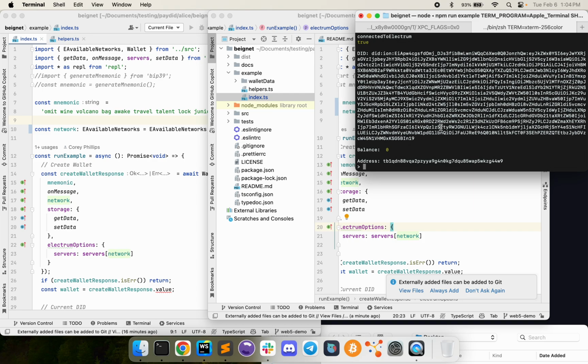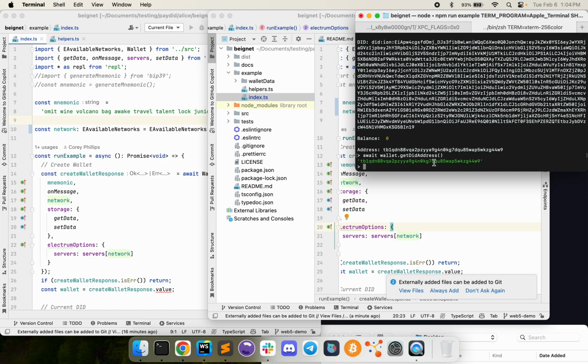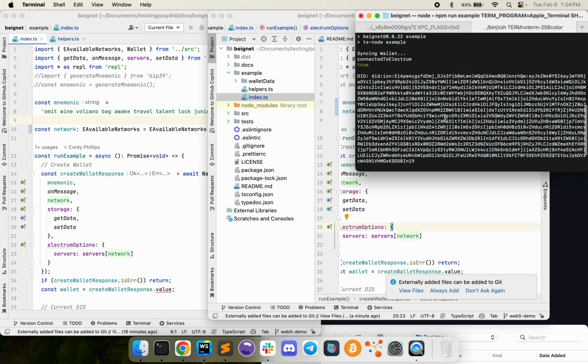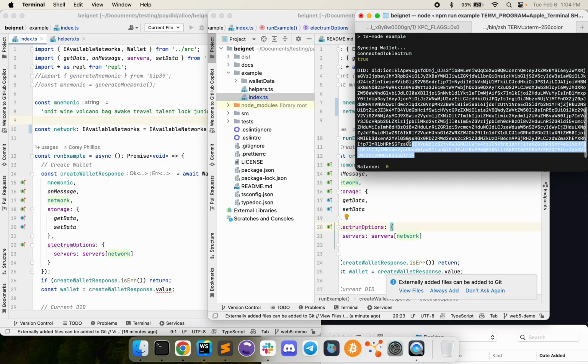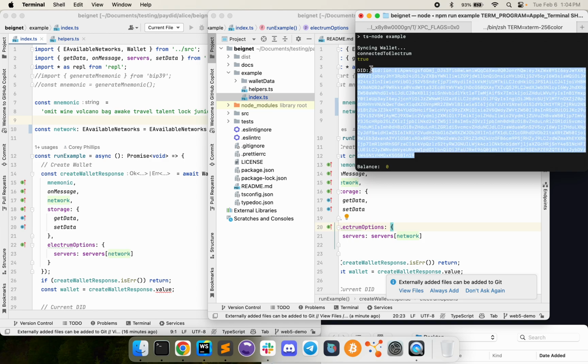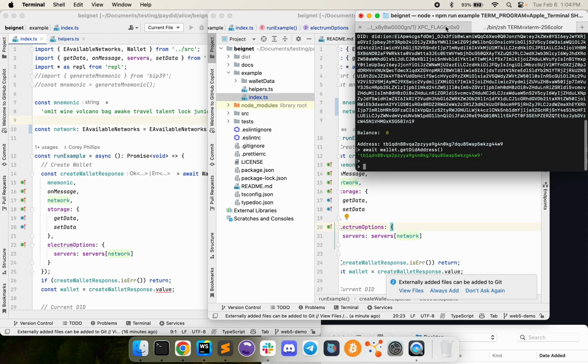When you spin up the wallet, it's already published. I can actually type in await wallet.getDIDAddress. And you'll see that the DID address has already been uploaded, and it's the same one that's presented to us here. Great, so we're all set up. I'm going to copy Bob's DID here. So this is Bob giving Alice his DID,